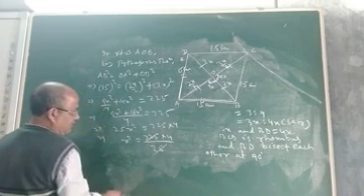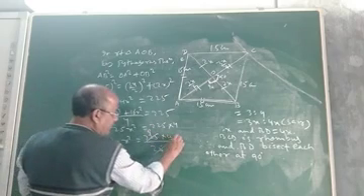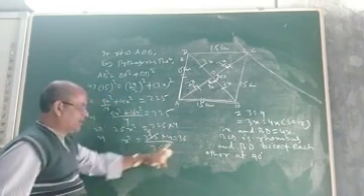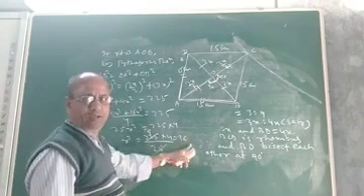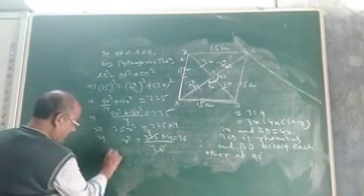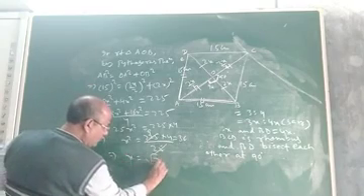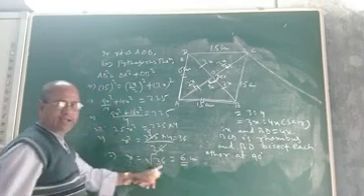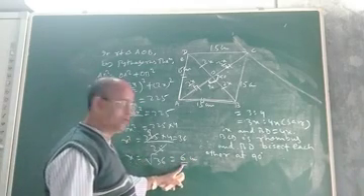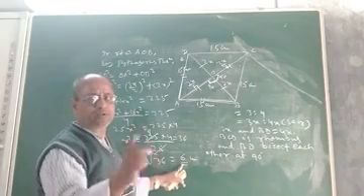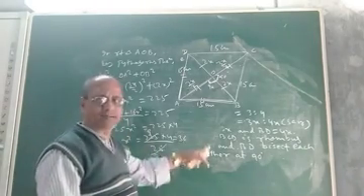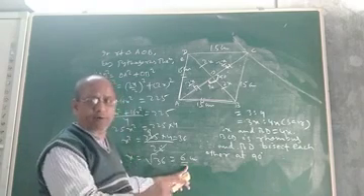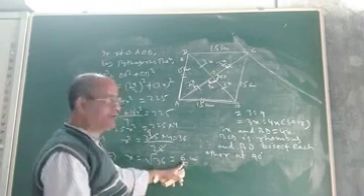Then 25 into 9, this is 9, 4 is 36. Now x square is 36. If x square is 36, we can easily find what is x. So x will be square root of 36. Now taking the positive square root of 36, it will give you 6, not minus 6. Even though the square root of 36 is plus or minus 6, we have to take the positive square root. So the value of x is 6.